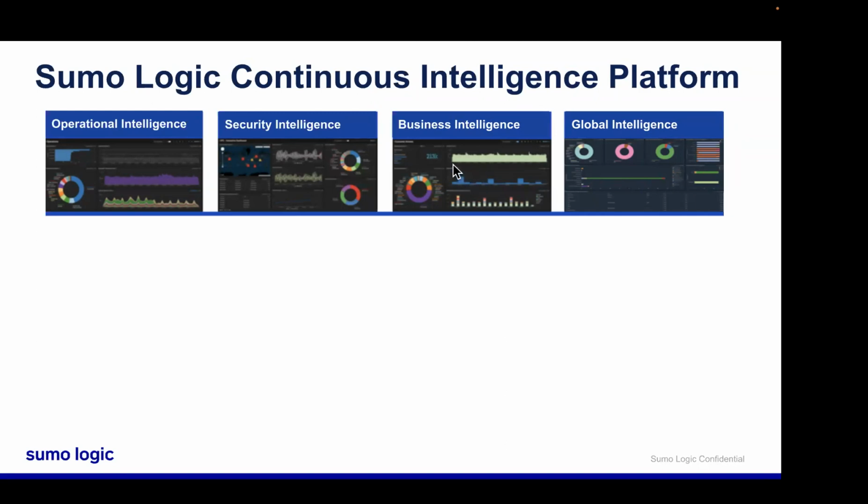From a business perspective, we can imagine that we issued a marketing campaign. We want to find out how successful the marketing campaign was. We want to find out what pages people are frequently viewing on our websites. What are they ordering? Okay, so again, we could have gleaned that type of information from a business intelligence